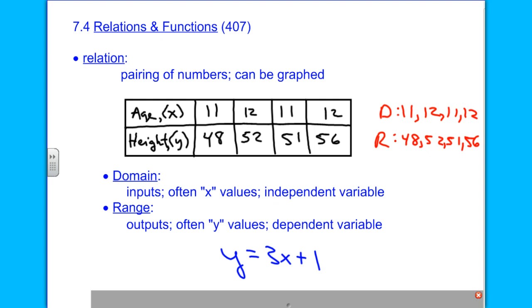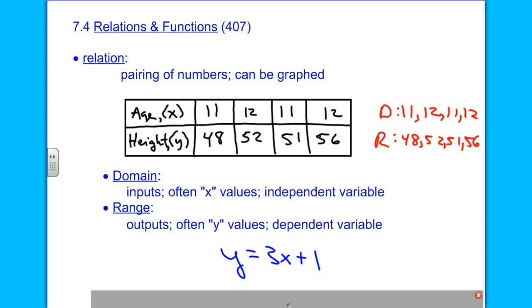The y is isolated, good. So give me some number to plug in. Any number. Is it 5? So we're going to plug that in for x. Do you see how that's independent? She just came up with it. It could have been anything, and she said 5. And now that we plug in 5, what must y be?